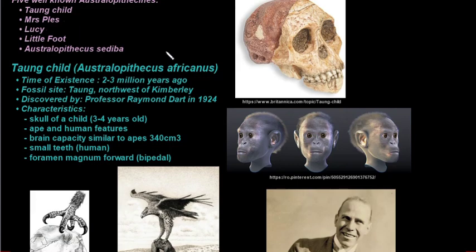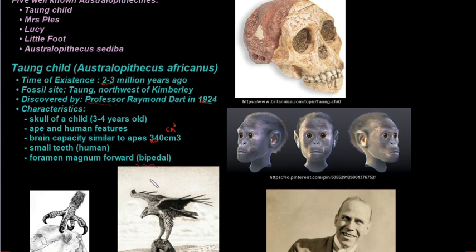So the Taung Child was Australopithecus africanus, and you need to know the time of existence, so 2 to 3 million years ago. The fossil site was northwest of Kimberley, so this was in southern Africa, and the archaeologist that discovered it was Professor Raymond Dart in 1924. Now the characteristics: it was a skull of a child. They presume it was about 3 to 4 years old. It had ape and human features. The brain capacity is similar to that of apes, with 340 cubic centimeters. Just remember that it is written like that on this program. I cannot do that. And then it had small teeth, which was very human-like, and the foramen magnum was forward,